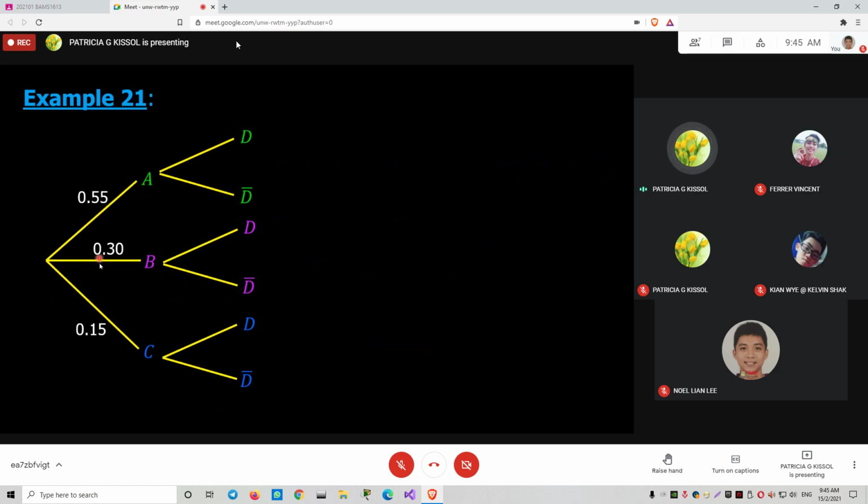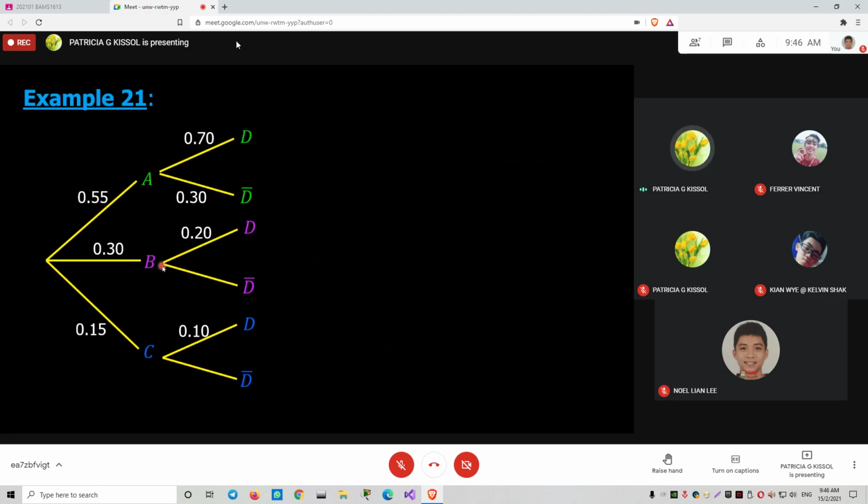And you can see when you add all this, it will give you the value of 1. Yeah. And from Alice, 70% are broken. That means 0.3 are not. Yeah. Same thing for Barbara and Kathy. So always remember that the branches are equal to 1. Each starts from 1 point. If you add the 2 branches or 3 branches, depending on how many branches it has, when you add them up, it's equal to 1.